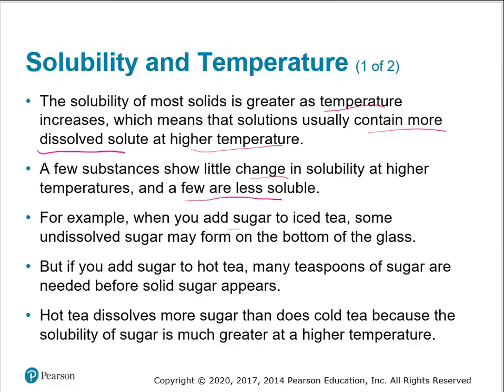For example, when you add sugar to iced tea, some undissolved sugar may form on the bottom of the glass. But if you add sugar to hot tea, many teaspoons of sugar are needed before that solid sugar appears on the bottom. Hot tea dissolves more sugar than cold tea does because the solubility of sugar is much greater at